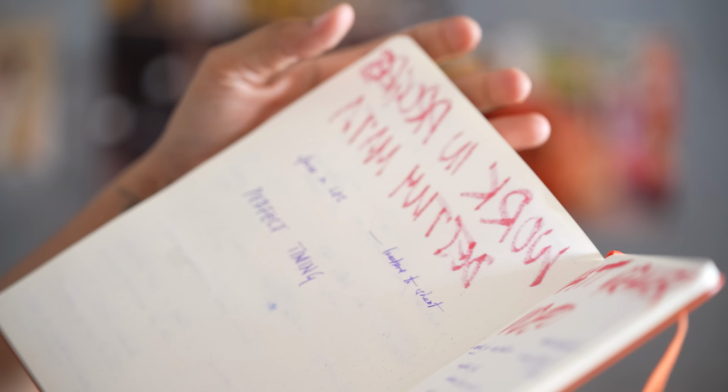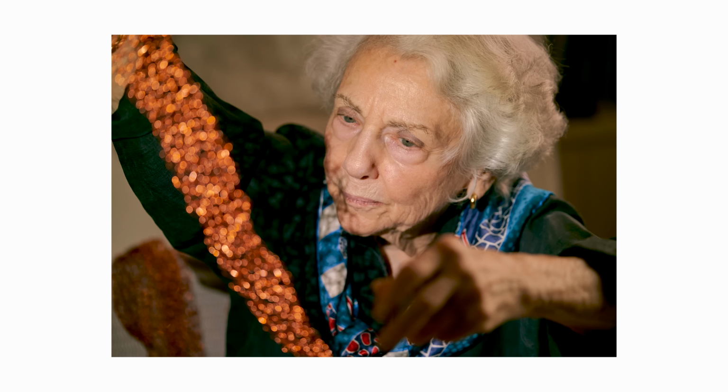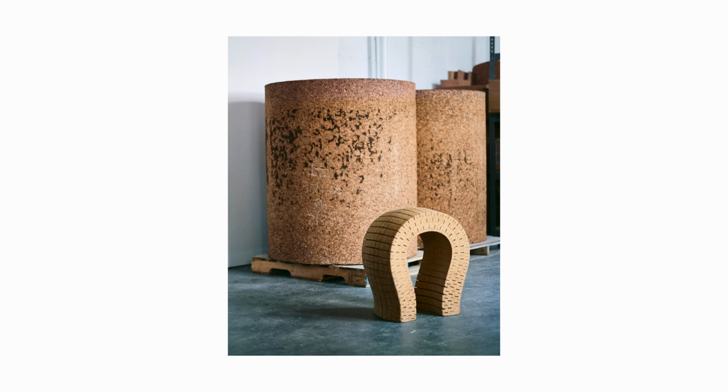Next up on my list is my favorite thing on planet Earth. Maybe that's a stretch, but notebooks. I carry a notebook with me everywhere I go. Parties, dinners, meeting up with friends, on the subway, you name it. And for this artist profile series that I've been working on called Work in Progress, I'm essentially following the artist for about 4 to 6 hours, filming them in their creative process, while also understanding what they're currently working on. So for me to keep track of both of these things while also interviewing them and making a note of any material that I need from them,